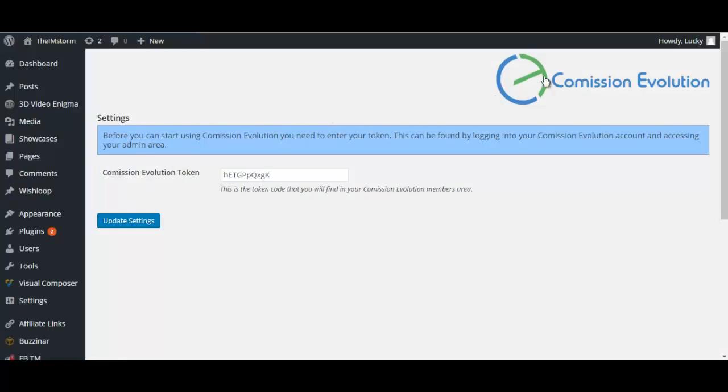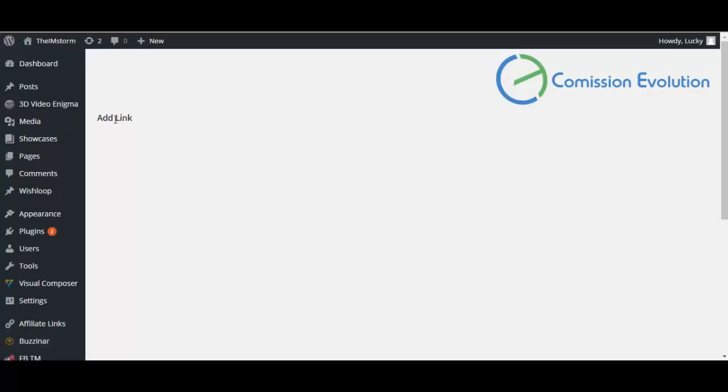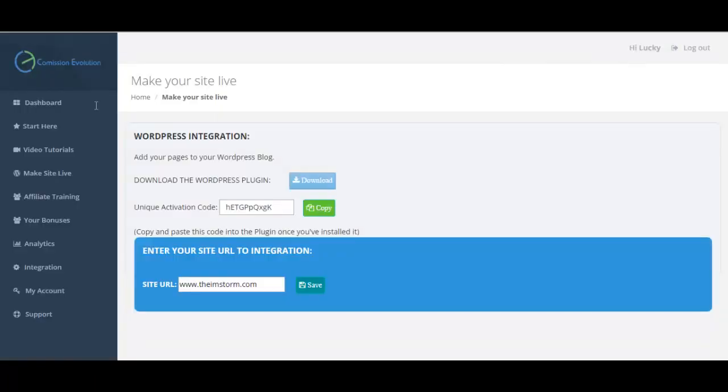So here we are at my blog. This is the Commission Evolution plugin, and just enter your key here, and that's it. You're good to go. Then you go to add new link. I'm not sure why this is at the moment not working for me, but you have three options. When you want to publish your page, you can either use this WordPress plugin. You can download it as a PHP file, and then upload it via your FileZilla or FTP or some other FTP software. Or you can do it by uploading that PHP file in your cPanel,